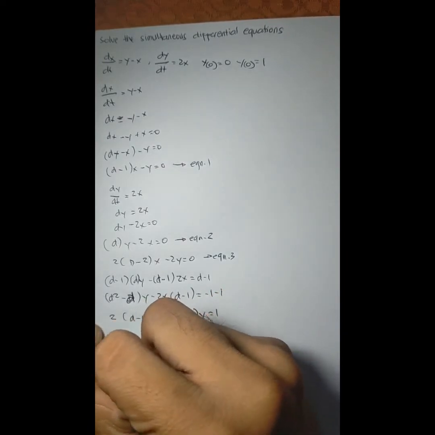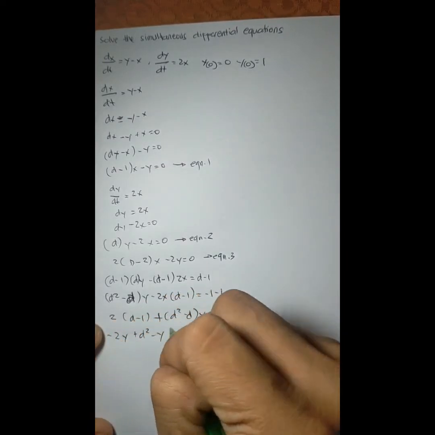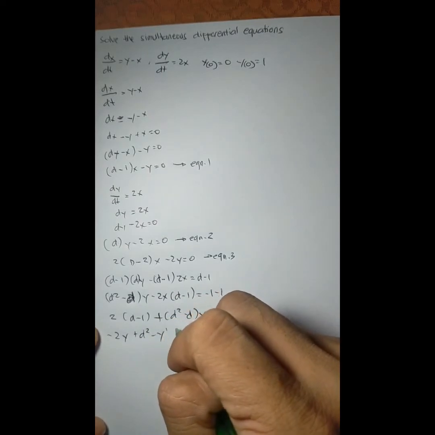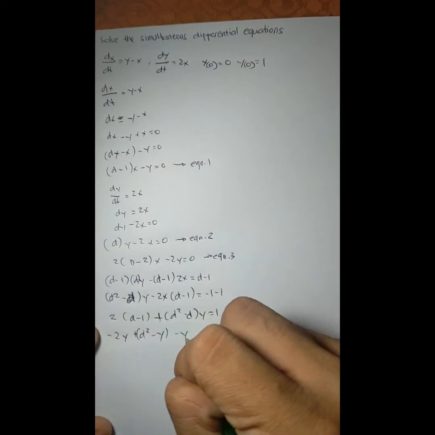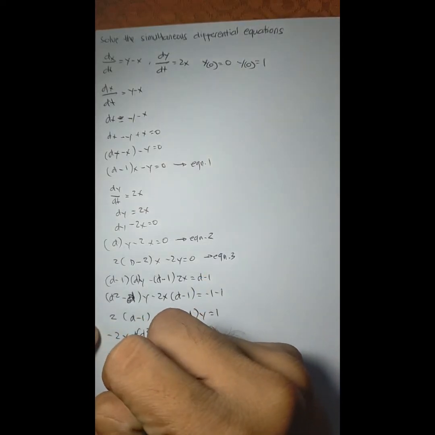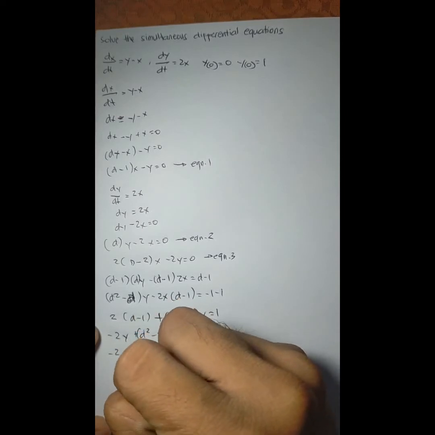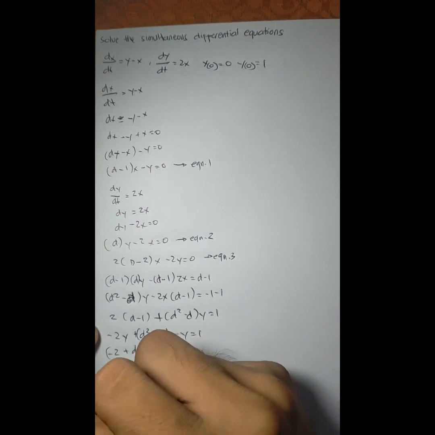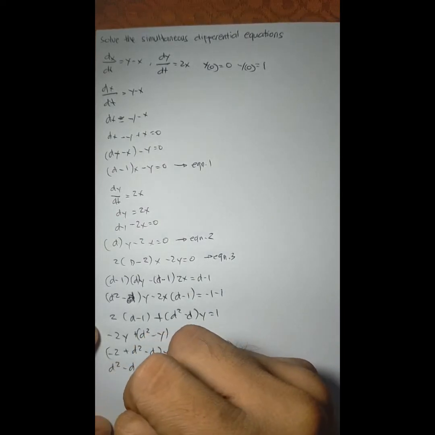So we have a negative 2y plus d squared minus y, d squared minus y equals to 1. So we have negative 2 plus d squared minus d y equals 1, d squared minus d minus 2